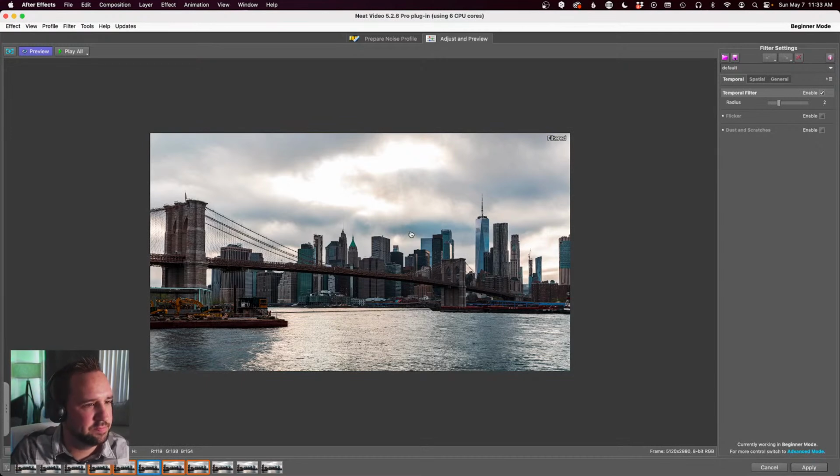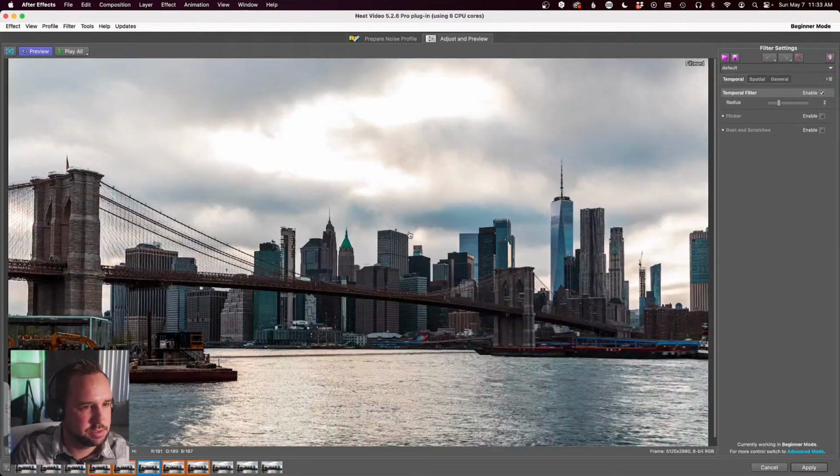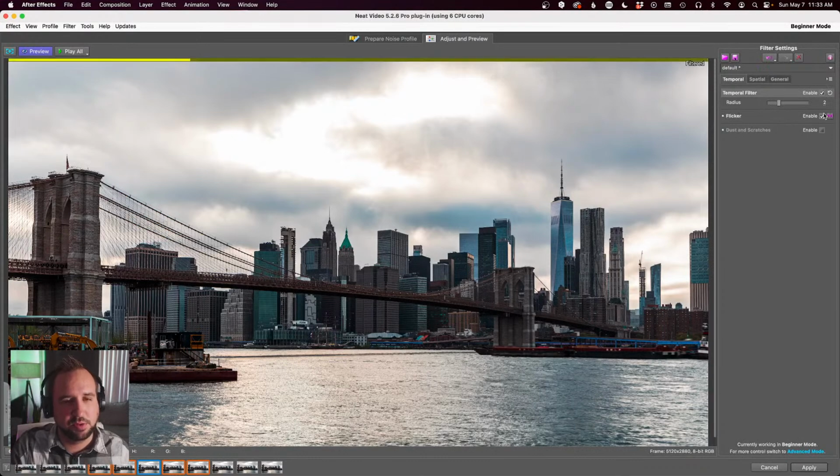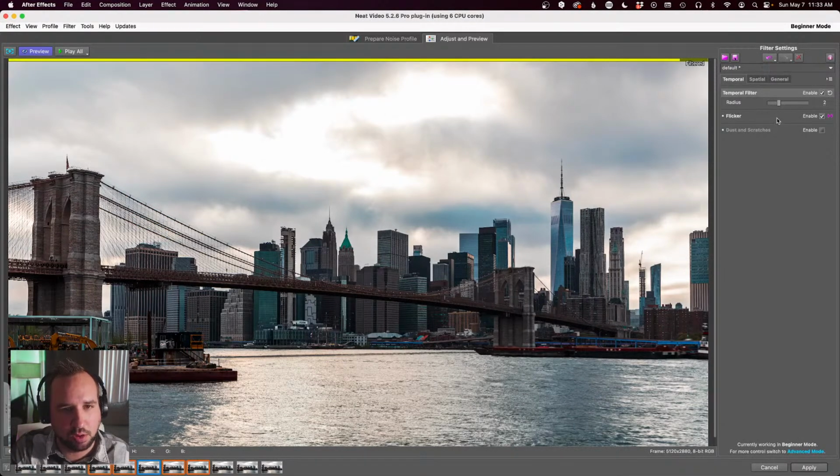in adjust and preview, I'm going to zoom in a little bit. It's such a beautiful composition. Too bad there is this barge on the left. See, you have a flicker right here. So the thing is, you don't really have much control on the settings, but it works well if you just have a little bit of flicker. I'm going to put it there. And then if you go to